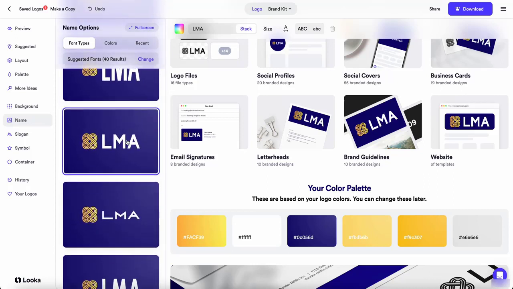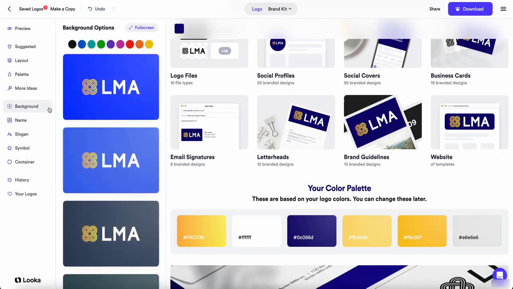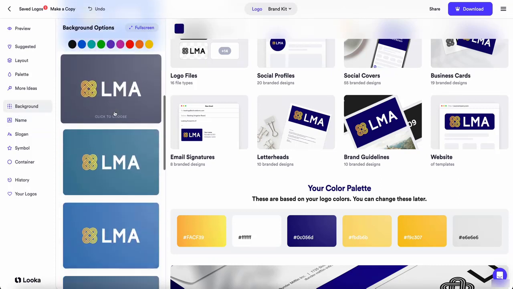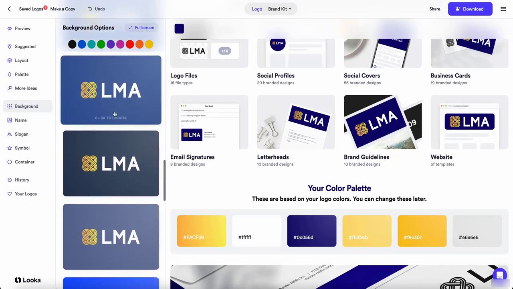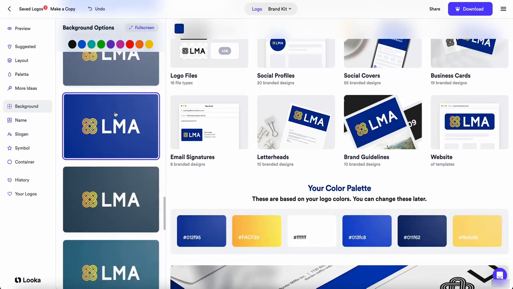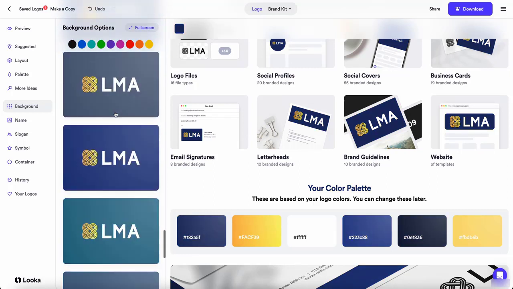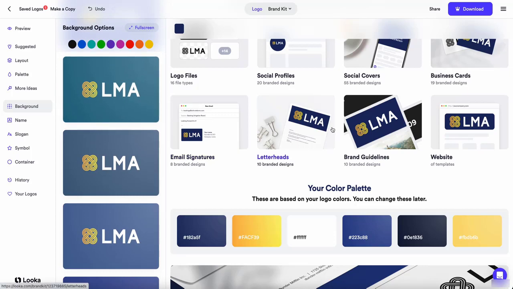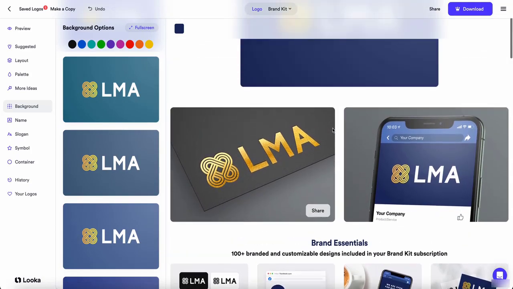Let's say we have some starting logo, then we can talk more about the background. So you can see you get many ideas for the background. And basically it's 5 minutes and we got some logo idea.